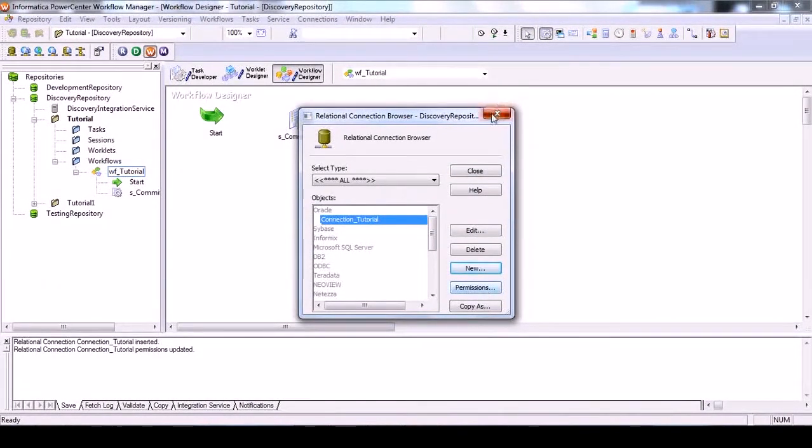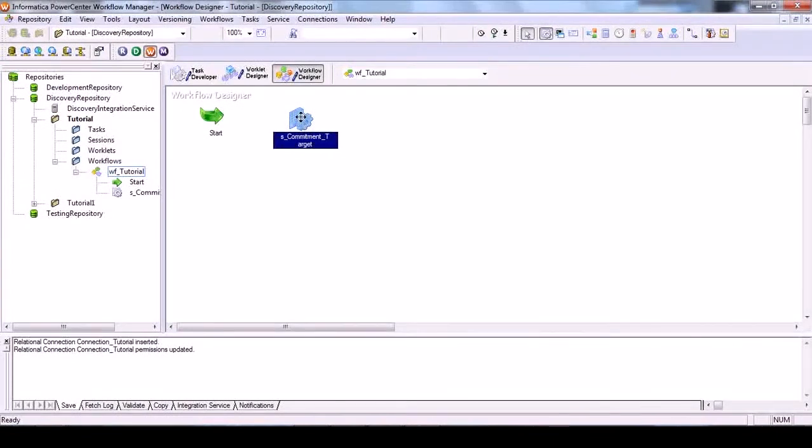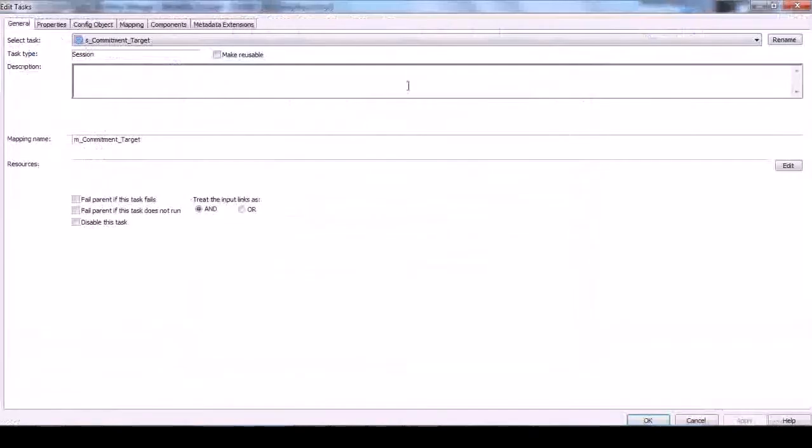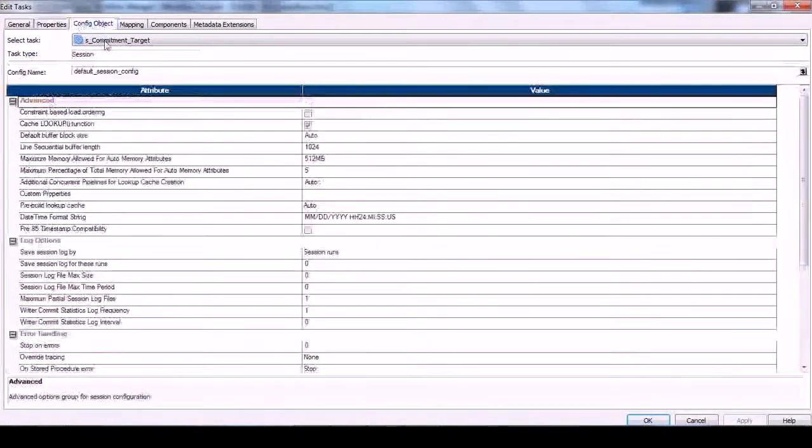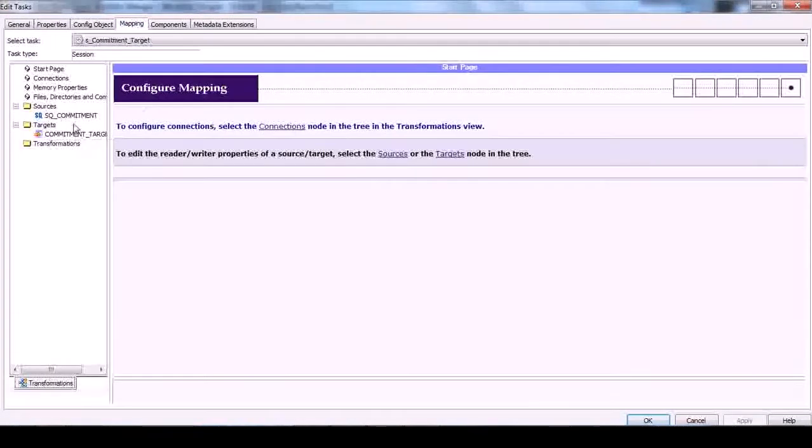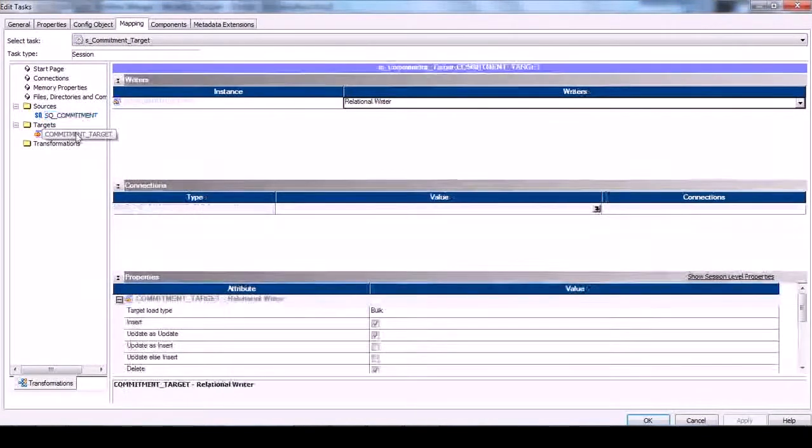Now we are just connecting the path. Let's now set up all the related properties, mappings. So here you can see the SQ commitment, the source and the target.